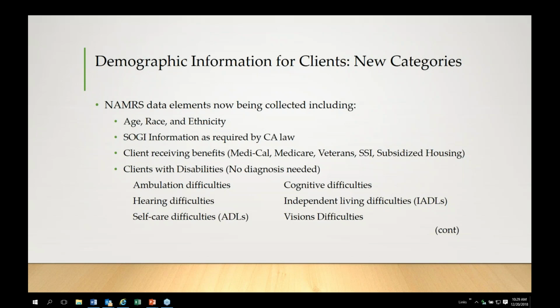Your counties can pull them from your case management systems to do this on a county level, talk about what your clients look like, but at the state level, I have not been able to say anything about who our clients are, not their ages, their genders, nothing. So we are now going to be collecting that information. We're going to be asking you to put in their age, and the directions do say to do your best guess, their race,